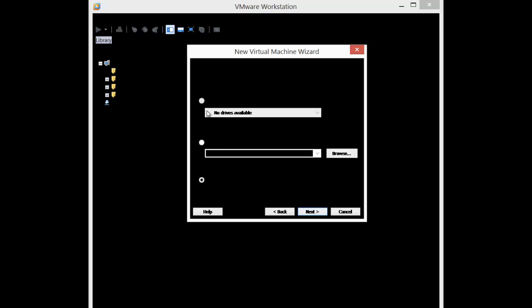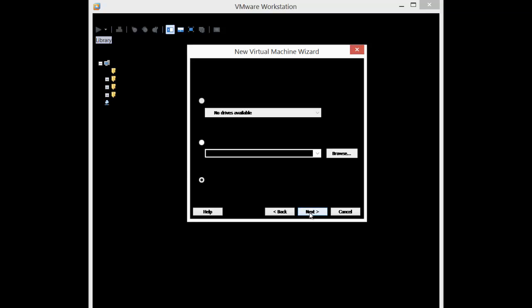And here you have three options. If you have a disk or DVD, you can simply click here and access that. If you want to assign an ISO right away, you can do this. But I would like to show you how we can assign an ISO even after creating the virtual machine. That's the reason I am selecting the option "I'll install the operating system later,"